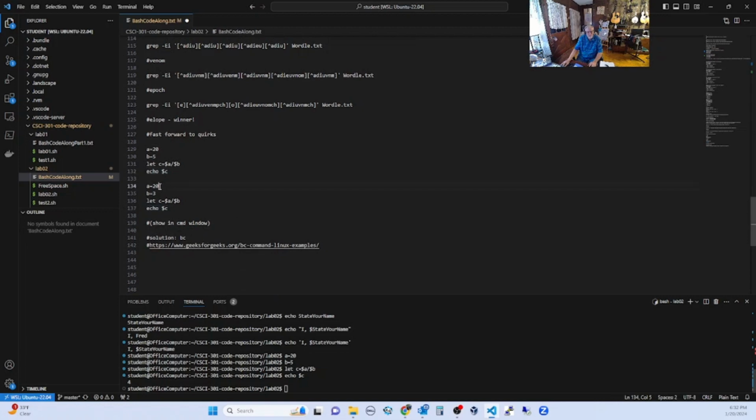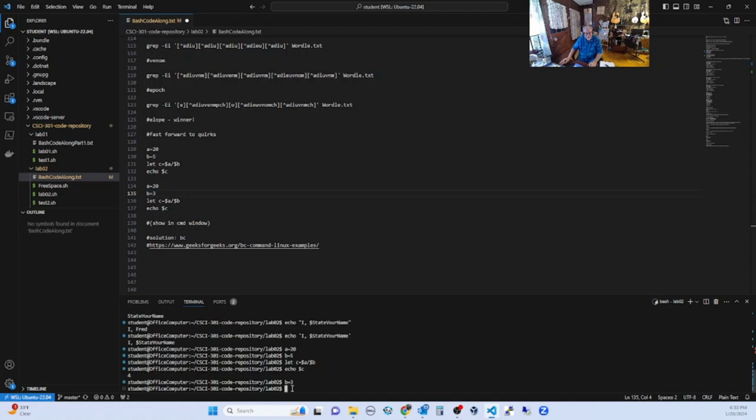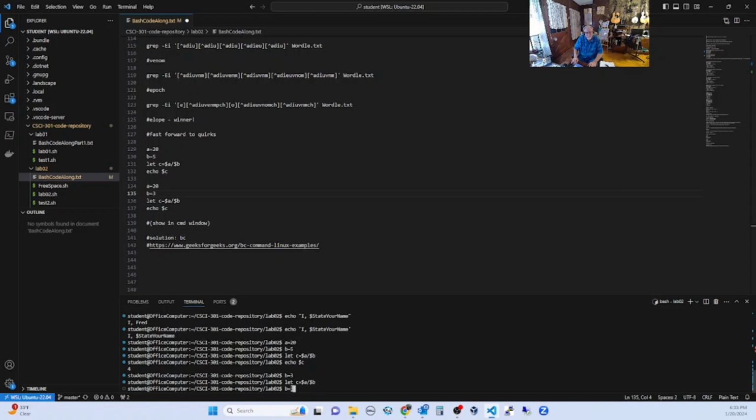Now watch this. Okay, we have A equals 20 like it was before. Let's set B equal to 3. Okay, let's let C equal A divided by B. And echo C, it says 6. So it does not do the decimals. Now, even more interesting,